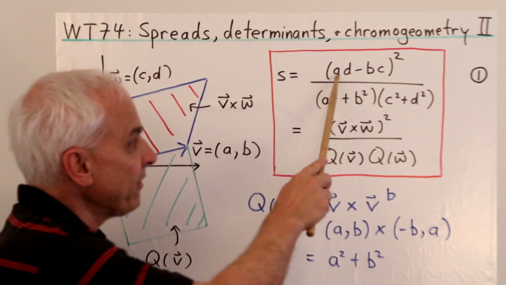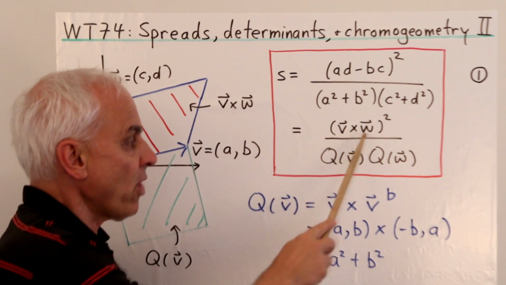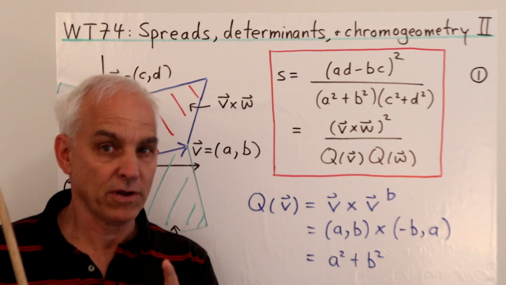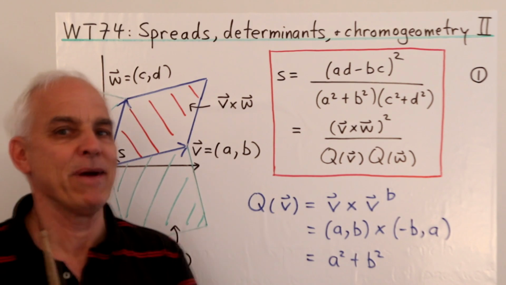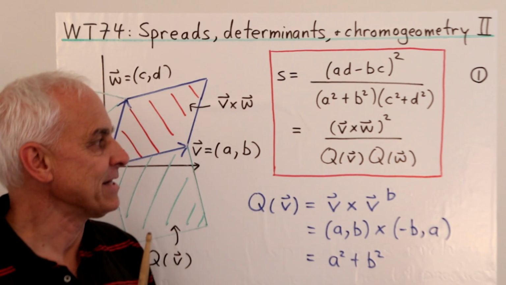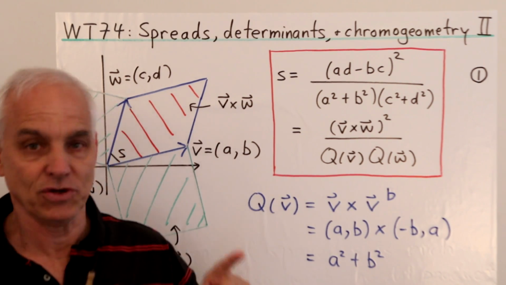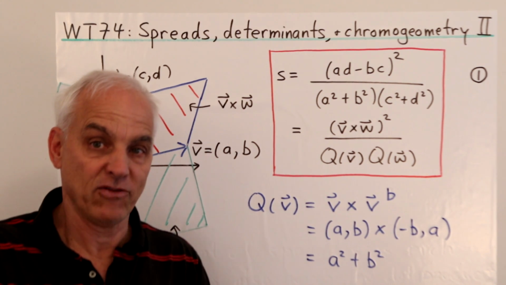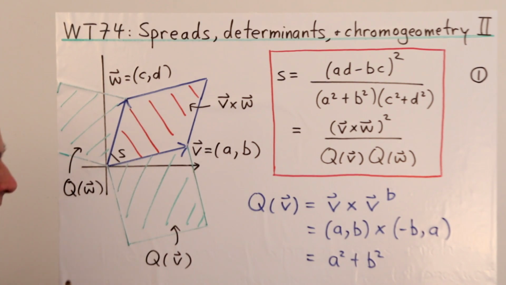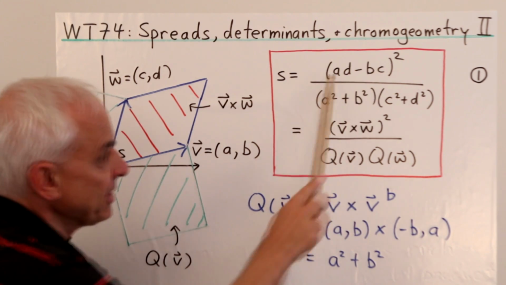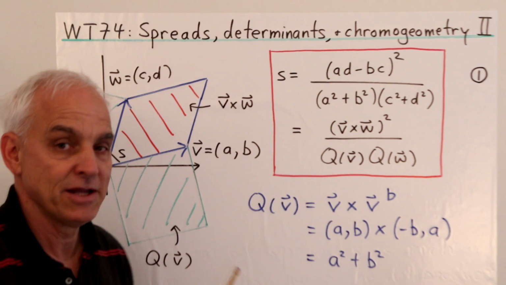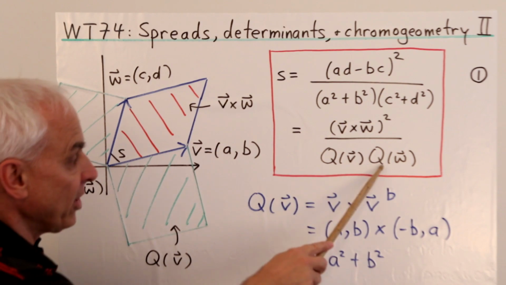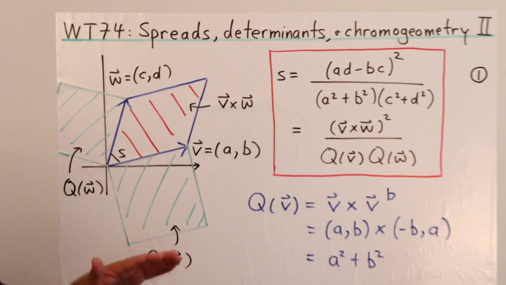We said that this number could be regarded as the cross product between V and W. That's a very useful kind of thing that's a little bit different from the three-dimensional cross product. It's a number then that's associated to two vectors, which just tells you what's the area of the parallelogram that they span. Now the fact that this is a signed area doesn't really figure because we end up squaring it, so we end up with something positive in the numerator anyway. And the quadrances here are in the denominator, so that's kind of a normalization.